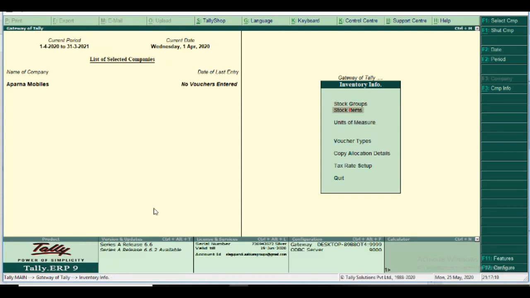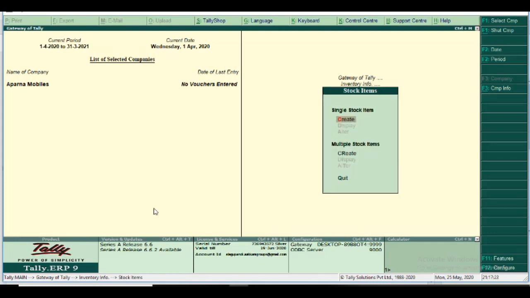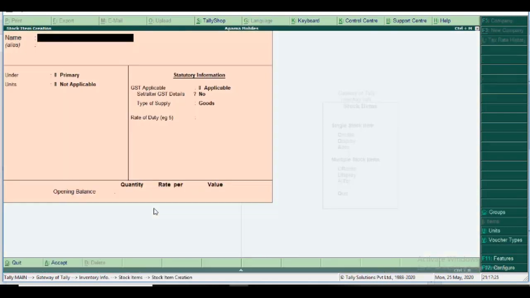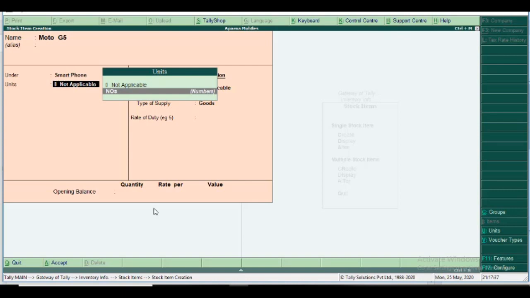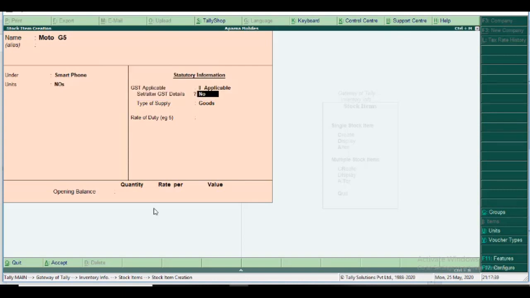GST details are also enabled at stock item level. Name as Moto G5, under smartphone, units numbers. So applicable, this is the level to involve.